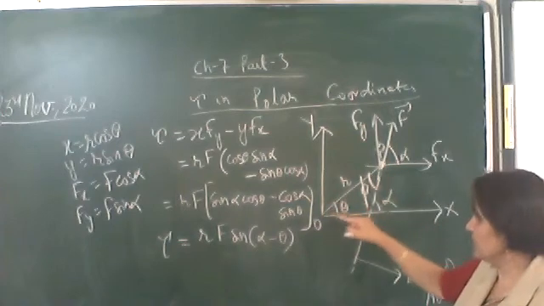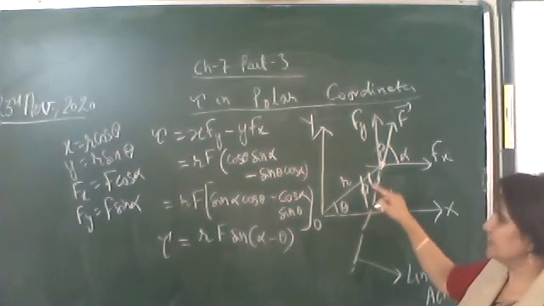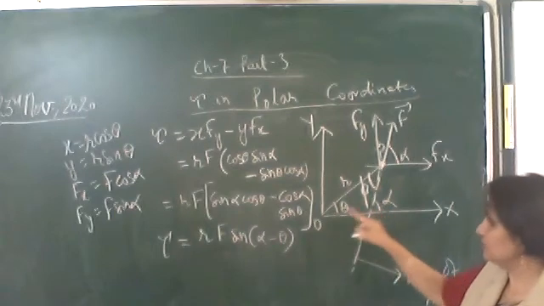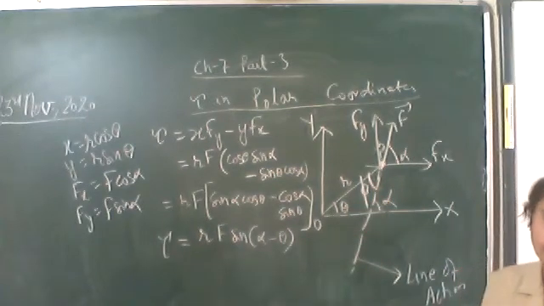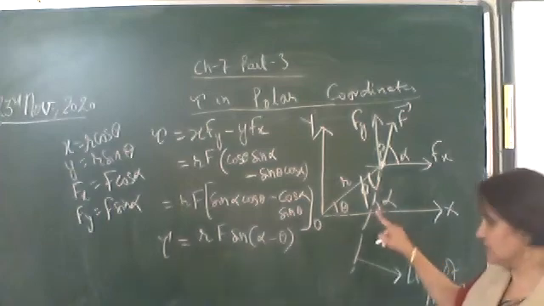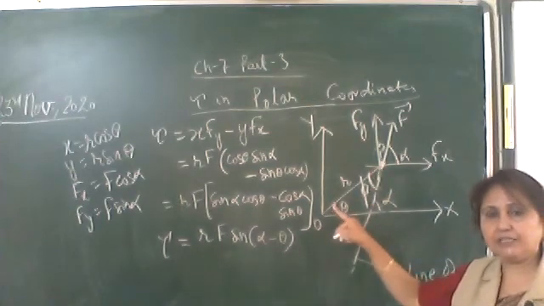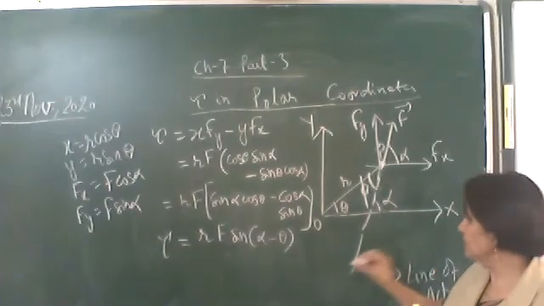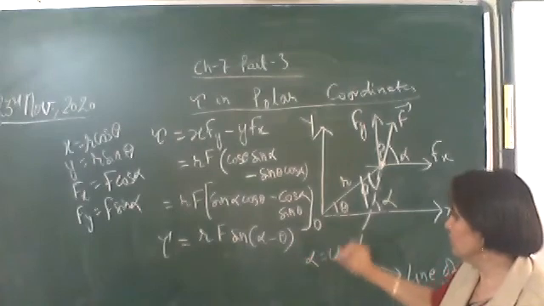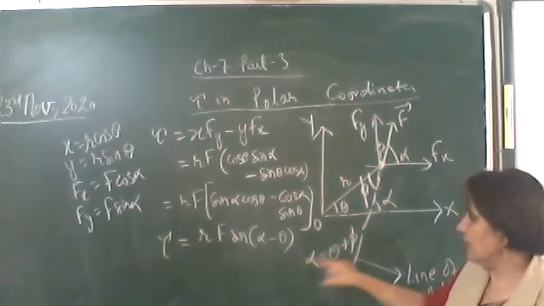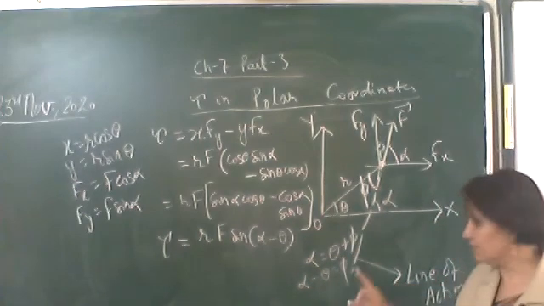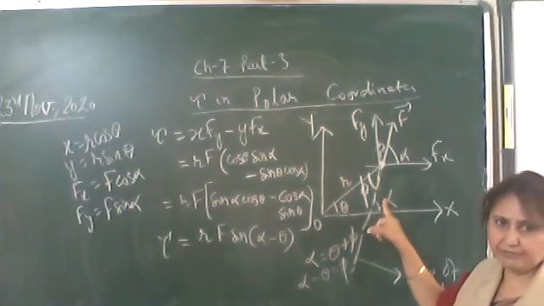Now see this triangle. Alpha is the exterior angle, which should be equal to the sum of the two interior opposite angles. That is, alpha should be equal to theta plus phi. I think everyone knows the exterior angle of a triangle is equal to the sum of the two interior opposite angles. So alpha minus theta is equal to the angle phi. And what is this phi angle? It is between r and f vectors.